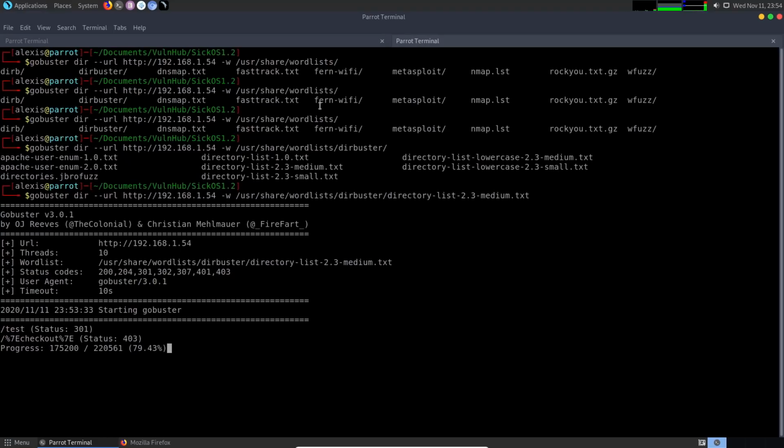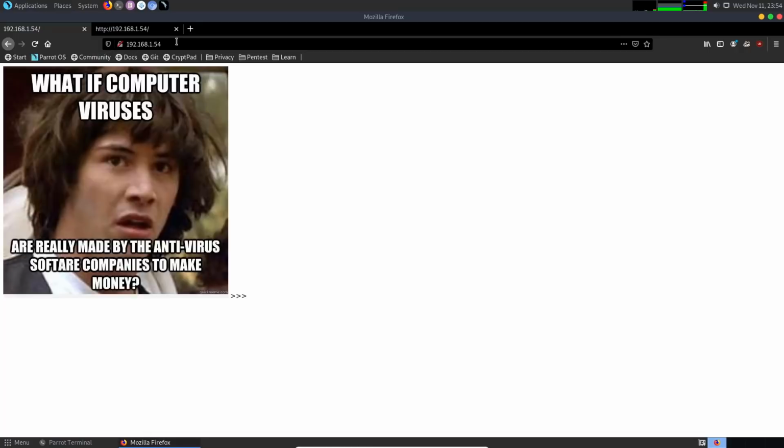Right, okay, so that hasn't given us anything yet. We actually got a directory, a test directory here. So let's see if we can actually access the test directory. So we say test here,